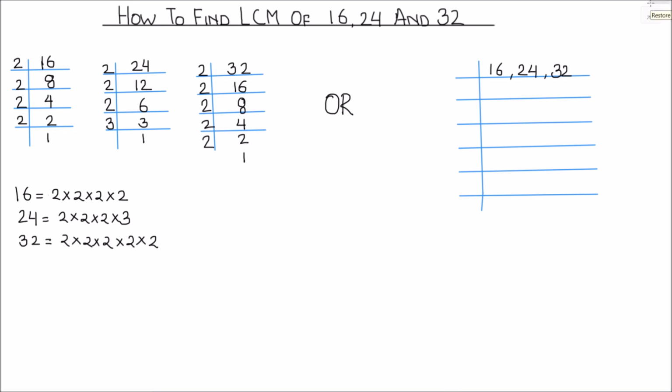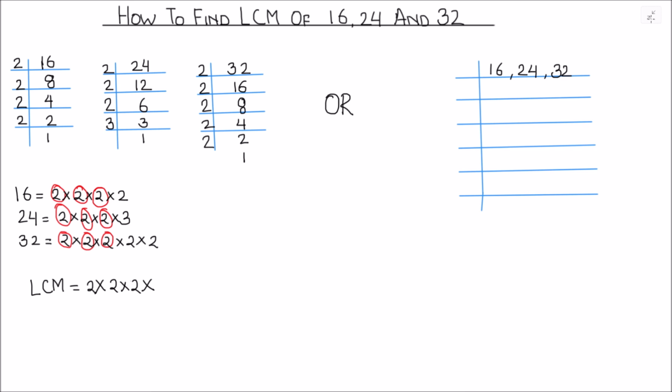So here we see that this 2 is common to all the three numbers. So we are going to write 2 only once here. So LCM will be 2 times. So this 2 again is common to all the three numbers. So one more 2 is there. This 2 is again common to all the three numbers. So we have 2 times 2 times 2 as the factors which are common to all the three numbers.